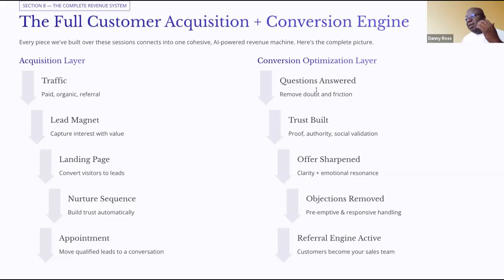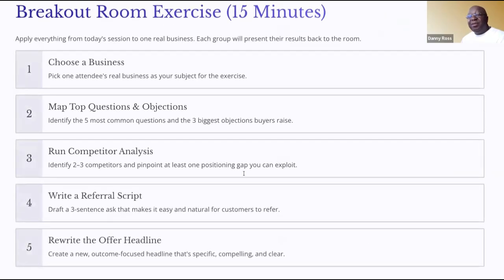And then the idea is, the way it kind of ties together is, you need to be having the AI answer questions automatically, help you build trust, either through the existing website and/or the marketing that you're doing going out. And then you're going to make your offer and handle objections again, and then close. So that's the idea. And then once you close, you're going to turn on your referral engine. So I think you guys see how those things all kind of come together.